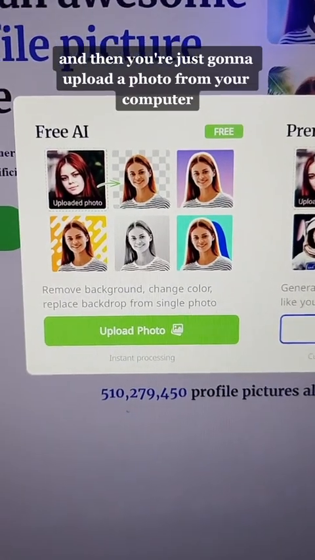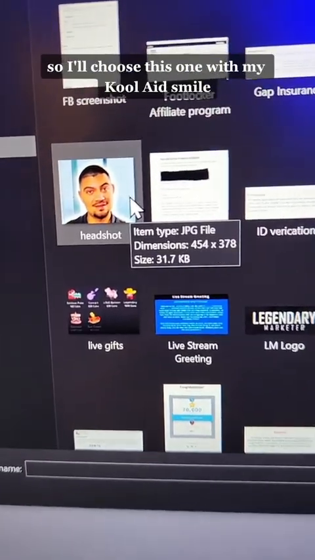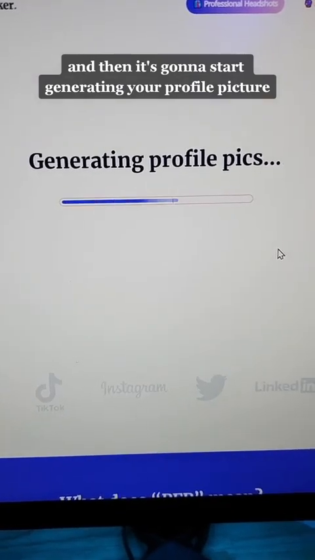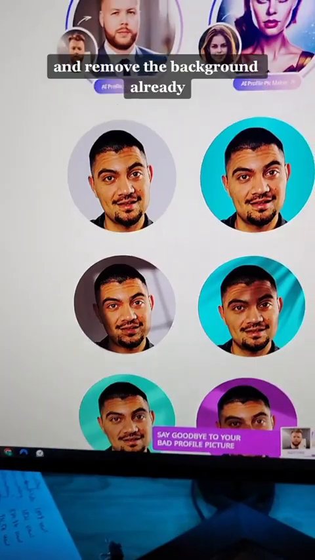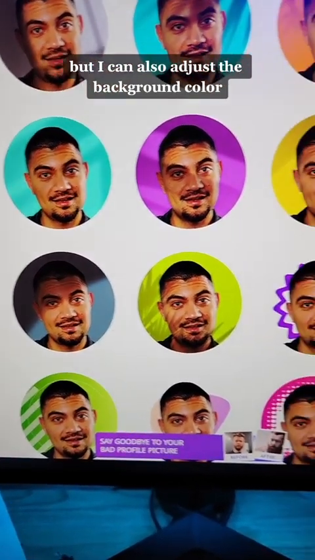And then you're just going to upload a photo from your computer. And then you're just going to choose a picture you want to use. So I'll choose this one with my Kool-Aid smile. And then it's going to start generating your profile picture and remove the background. Alrighty, so this is what it generated, and there's a bunch of different backgrounds, but I can also adjust the